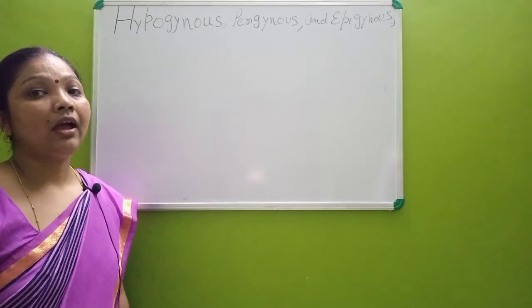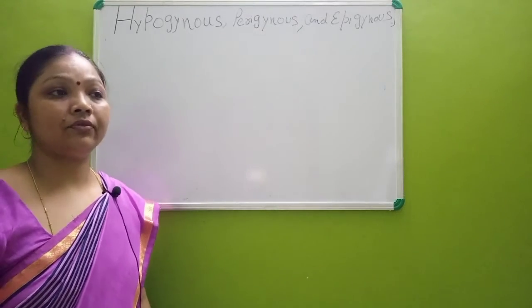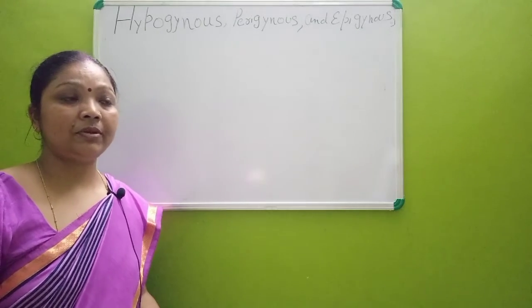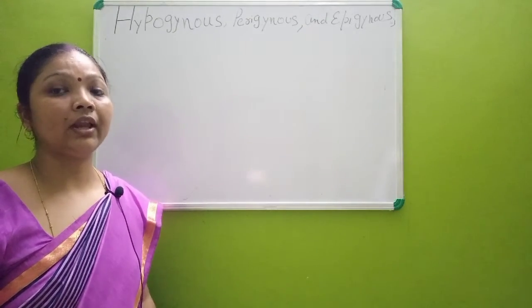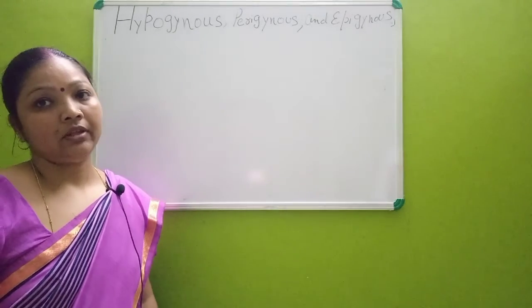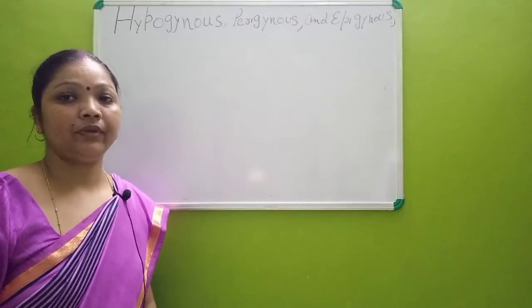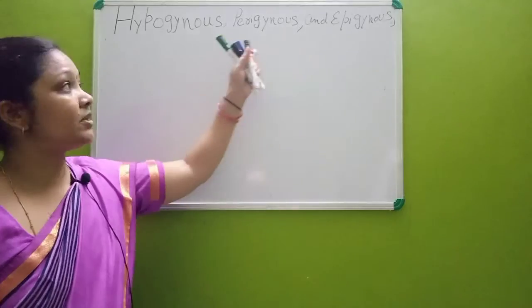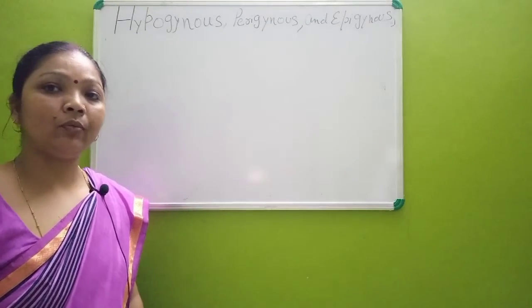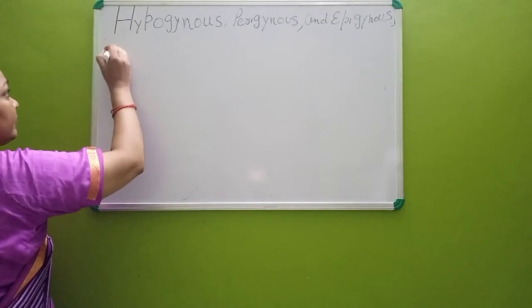Gynous means gynoecium. That is, on the basis of the position of the ovary and the attachment of the floral whorls with respect to the ovary, there are three types of classification of flower found, and these are hypogynous, perigynous and epigynous. So we are going to take it one by one today. So the first topic of our today is